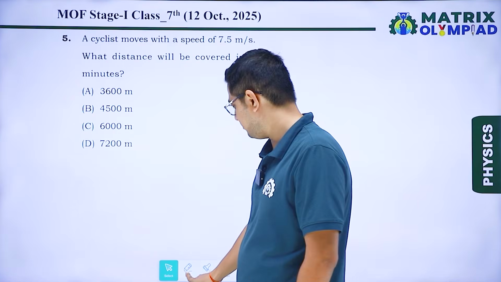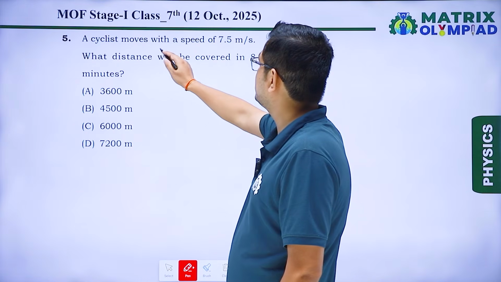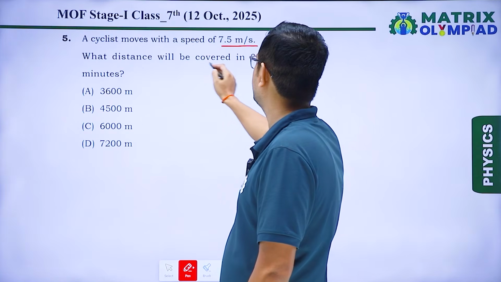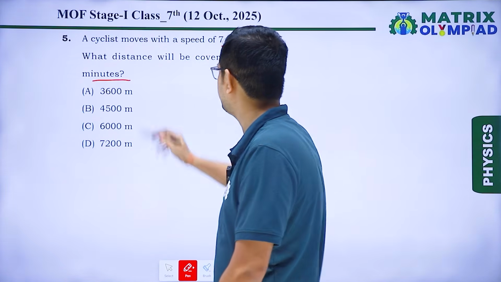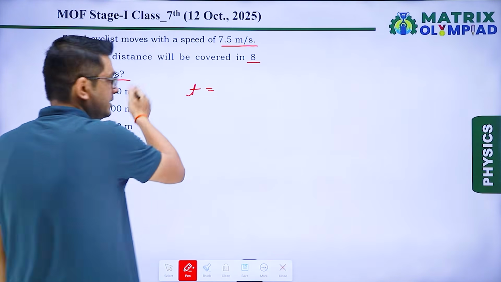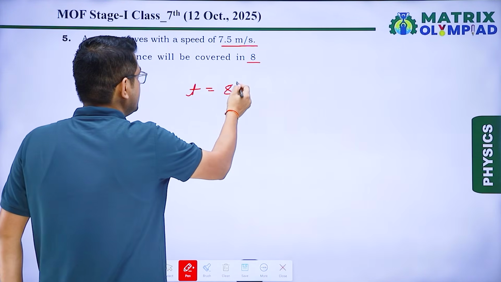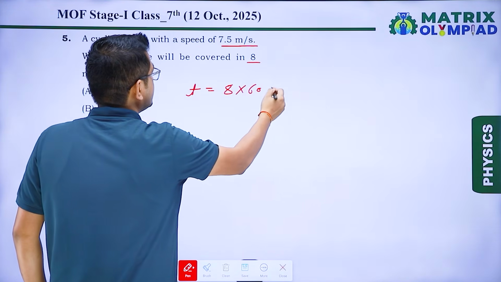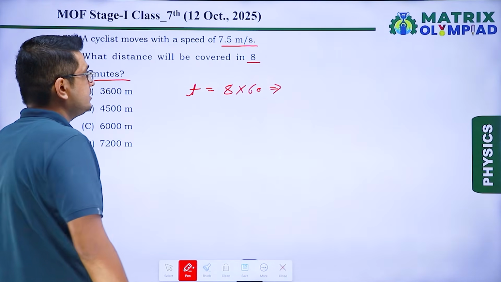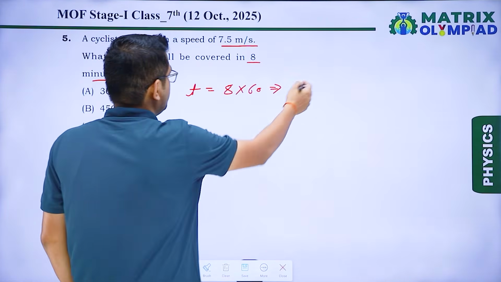Next question number 5. A cyclist moves with a speed of 7.5 meter per second. What distance will be covered in 8 minutes? So first of all, we have to convert the time into seconds because answer is given in meter. So in 8 minutes, if we convert it into seconds, we have to multiply it by 60. So it becomes